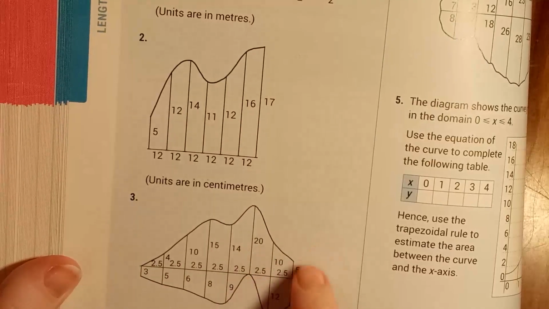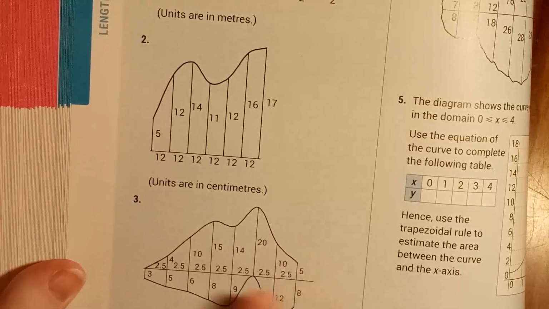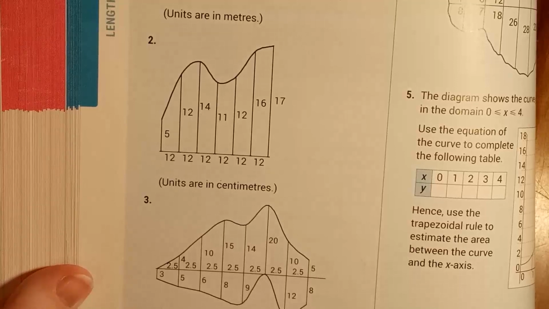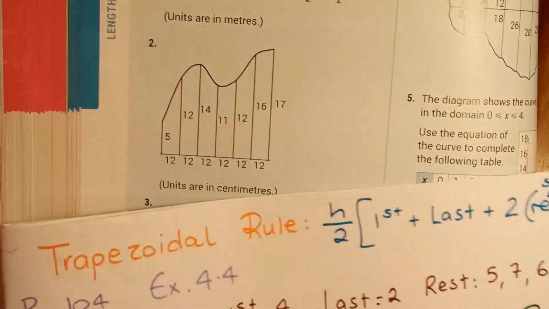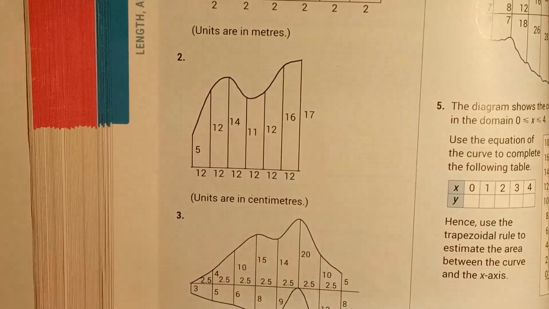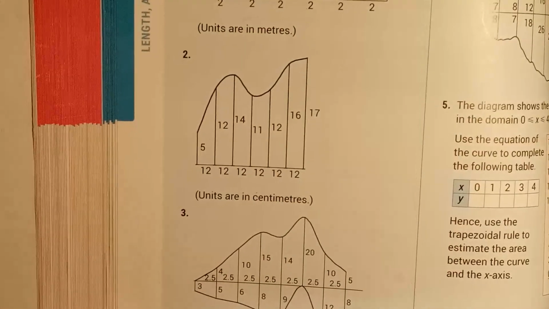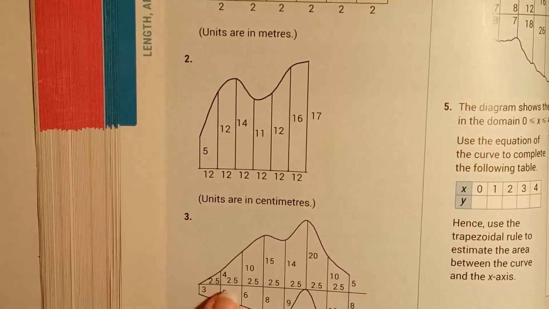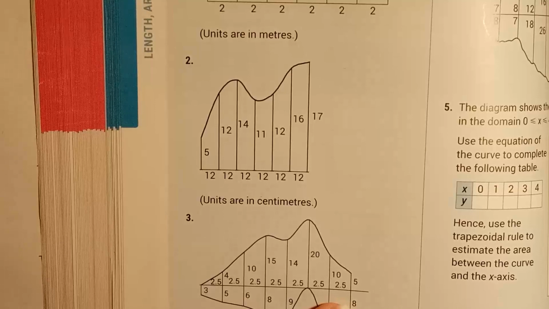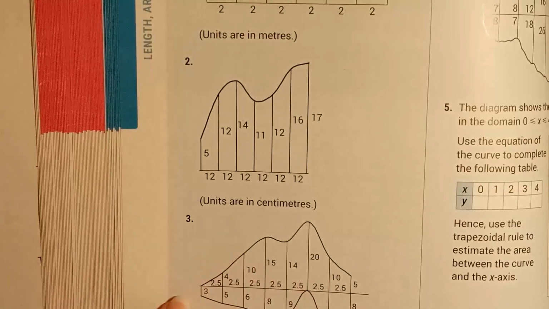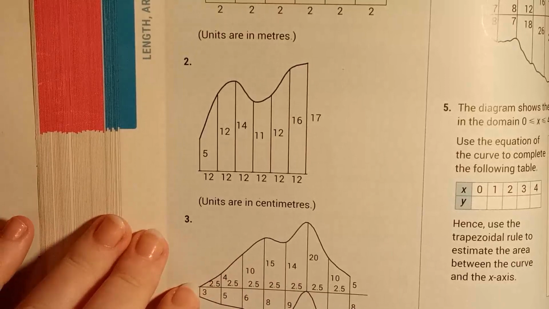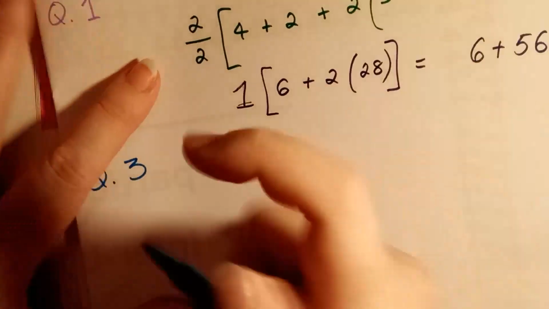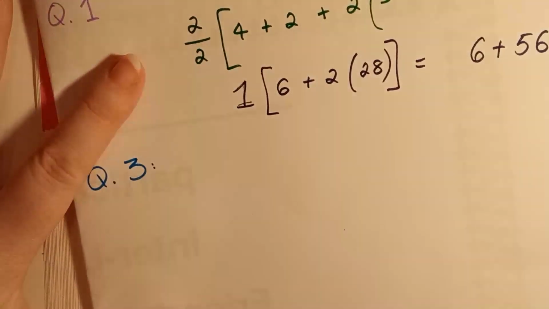So we're not going to do this singly. I'm going to do it as a full question together. And like I said, you could do it the other way if you wanted to. That would be fine. So this is question 3 on the same page. For my width, all the widths, the h's, are 2.5. And then for my heights, I'm going to add together. So I'll have 3 and 0 is 3, 4 and 5 is 9, 10 and 6 is 16, etc. So for question 3, I'm going to have,